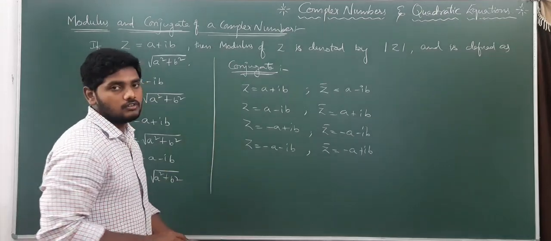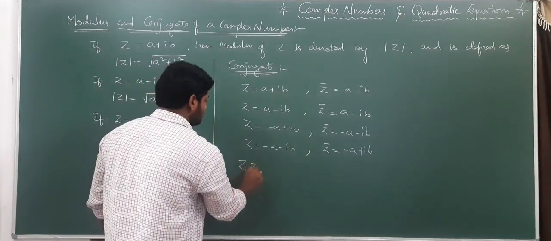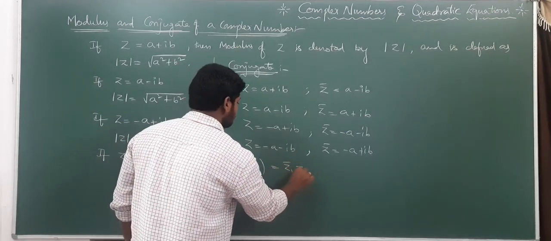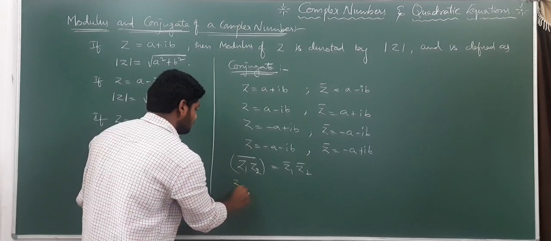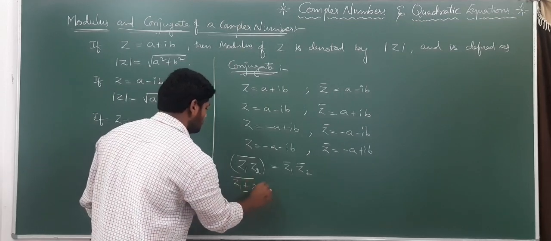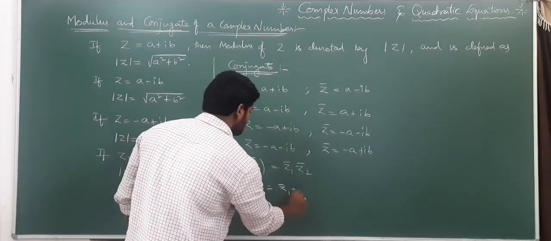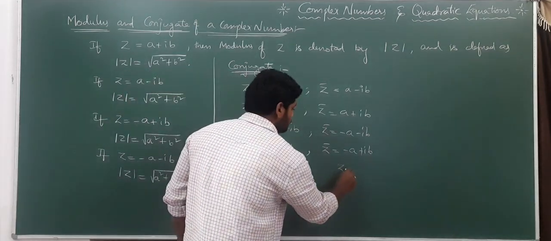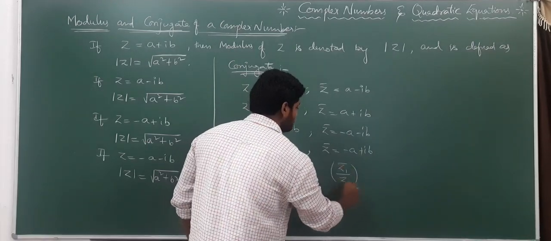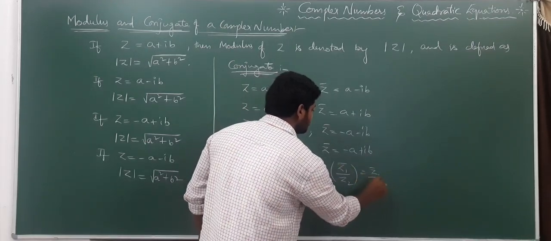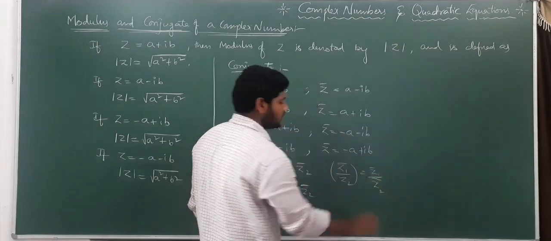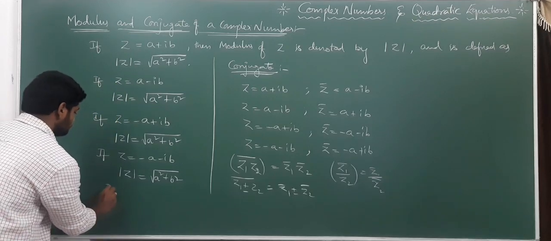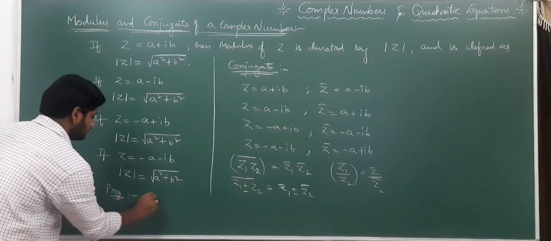The properties of conjugate I also wrote yesterday: the bar of z1 z2 is equal to z1 bar into z2 bar. The bar of z1 plus or minus z2 is equal to z1 bar plus or minus z2 bar, plus means plus, minus means minus. Again, the bar of z1 by z2 is equal to z1 bar by z2 bar. These are the properties of conjugate. But when it comes to the properties of modulus,